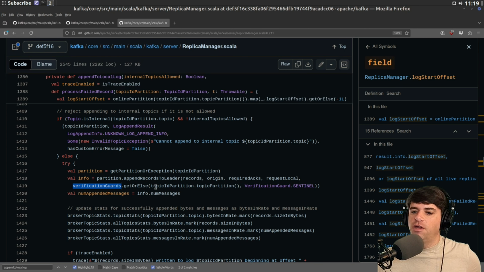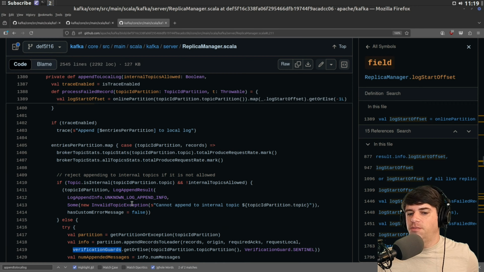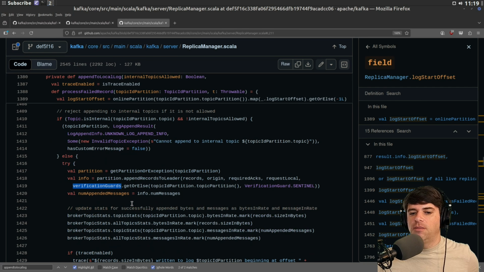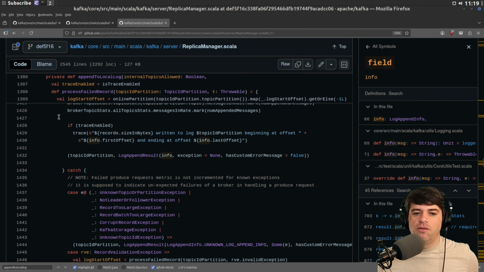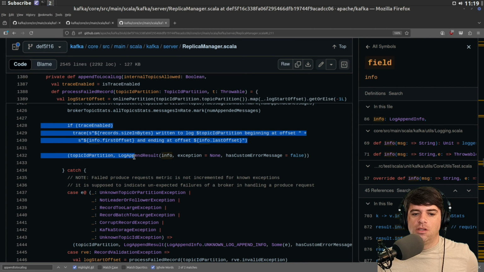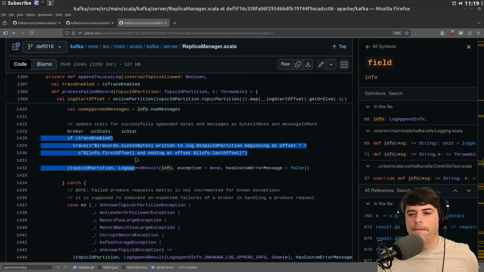And we've got some verification guards that we're also, I guess, passing in, and we're going to try to get them with get or else. And the actual appending returns info, and we're going to get the number of appended messages. Then we're going to update stats and check if trace is enabled, and so on, and catch some stuff. Okay, so now,